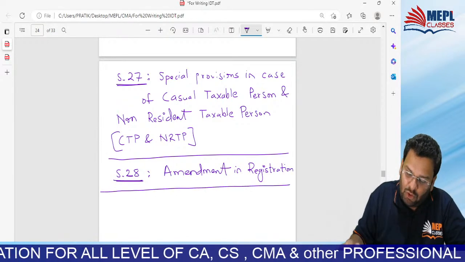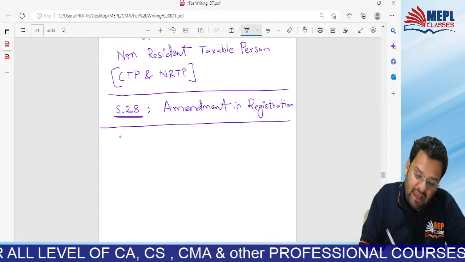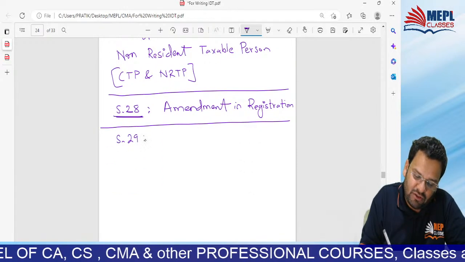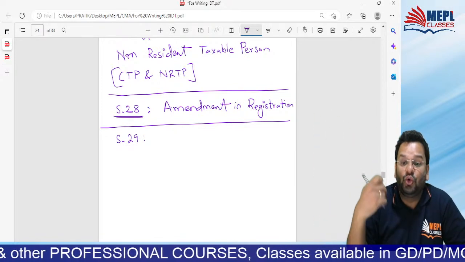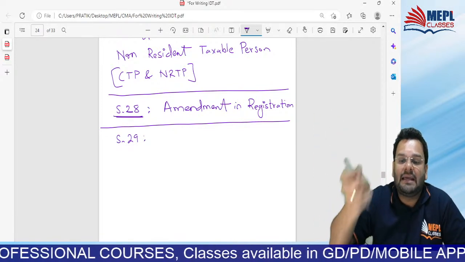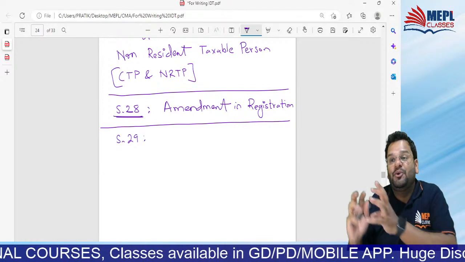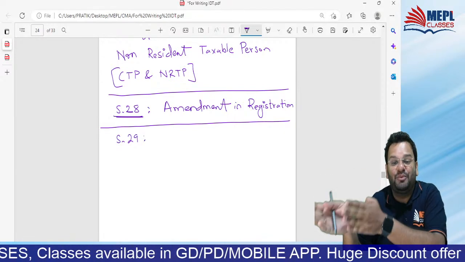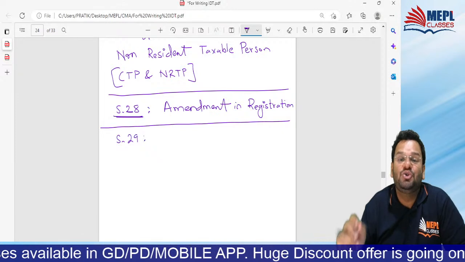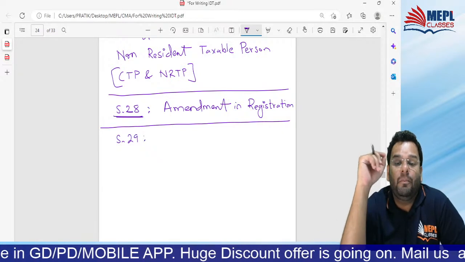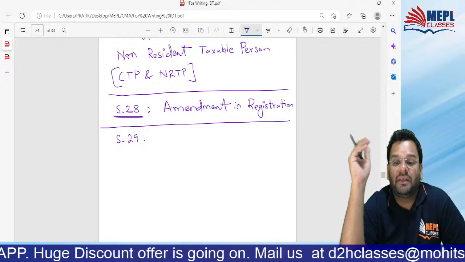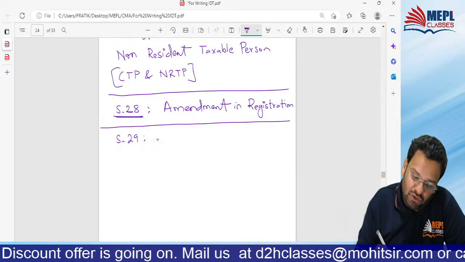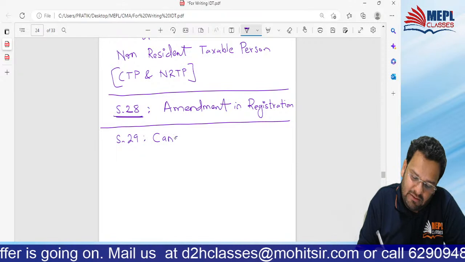Twenty-nine is cancellation of registration. If you have to cancel your registration certificate, you will go to section 29. Further, your certificate can also be cancelled by the proper officer suo moto. Suo moto means at his will he can cancel your registration certificate. So section 29 is